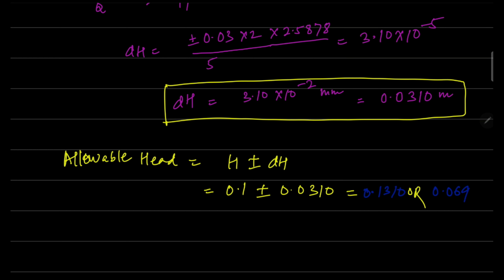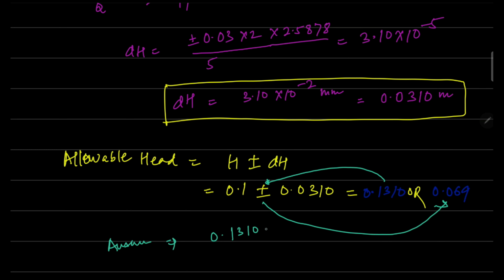So this particular value comes out when we are considering the plus sign, and this value comes out on this side. So our answers are 0.1310 meter and 0.069 meter. That is the limiting values of the head, for the maximum and minimum values of